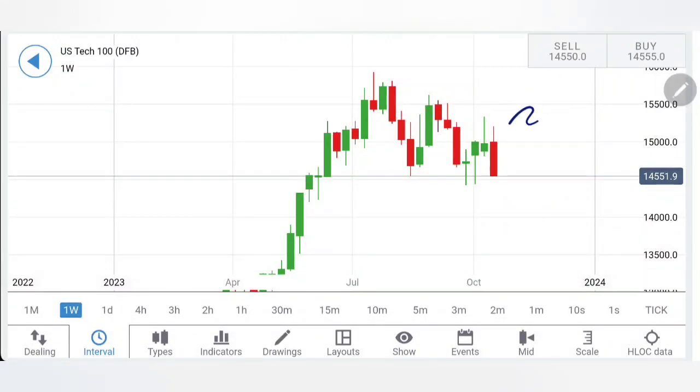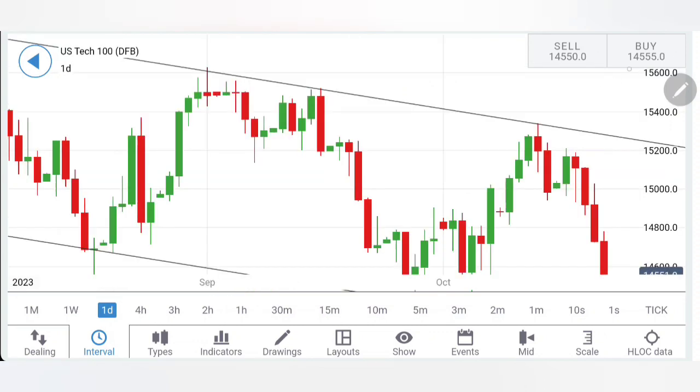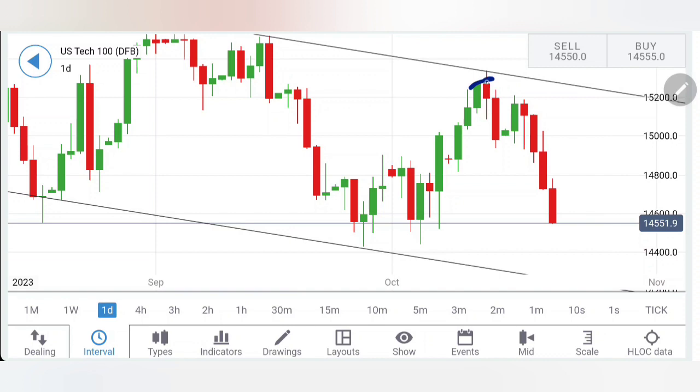Nasdaq 100 took a sharper reversal at this point. I have drawn a channel on the daily charts. Let me show you here. I have always maintained that the prices might retrace from the top of the channel. First, at this point, we had expected it to achieve the top of the channel, and now we have seen